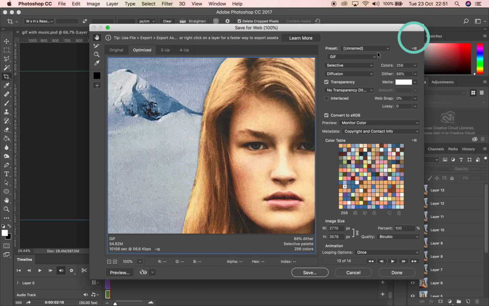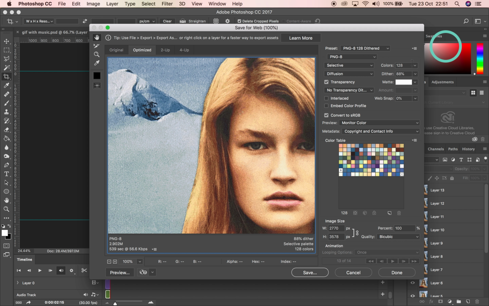So we're going to go into Preset, and go Dither here, 128. Just going to click on that one. Very slow. And over here on colours, it's got a selected lot of colours, so it's quite pixelated, so you can take out or add to those colours. So we're going to